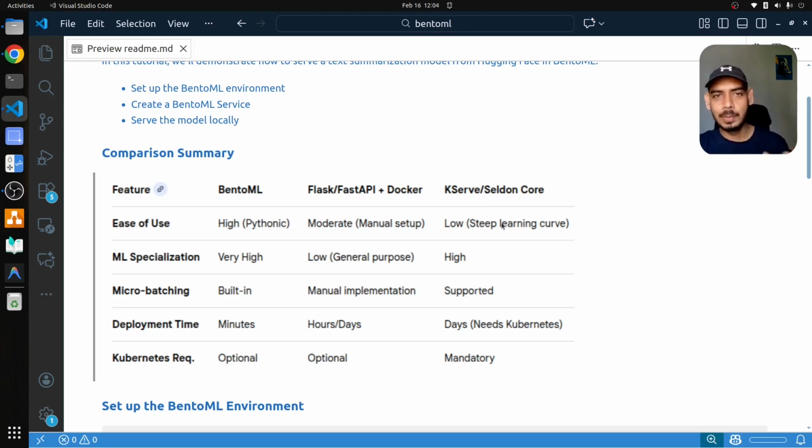When it comes to batching, there is a built-in feature for BentoML, but for FastAPI and Flask along with Docker, you have to manually set up the batching aspect. Batching is supported in KServe and Seldon Core. But when it comes to deployment time, we can deploy a model in BentoML in minutes. With Flask or FastAPI, it may take a few hours to days. And with KServe and Seldon Core, it can take a few days